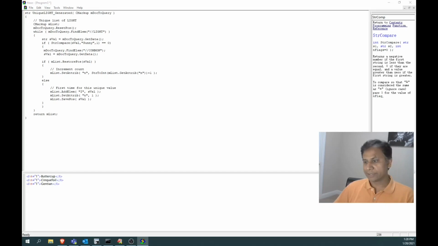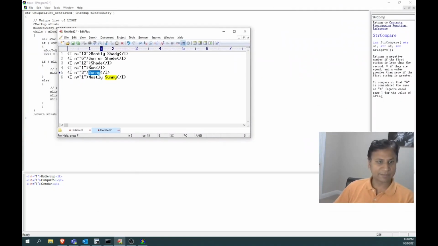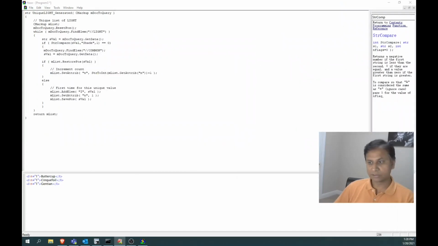Now in case of shade, the light here, if it needs to be shade, only shade plants, it is having 5 records. Here we have seen, right? It's having 5 records. So the common names I need to get. So 1, 2, 3, 4, 5. Yes, the shade plants came. Perfect.